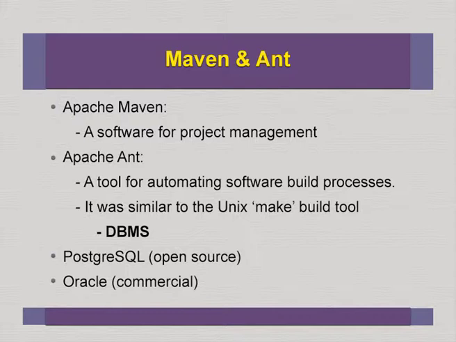Again, half the way through, it was Ant that was sufficient to compile DSpace source files. But now you require Maven also, but normally in Ubuntu operating systems, once you choose Maven, automatically Ant also gets installed. So, what exactly do these two stand for? Apache Maven, again Maven is an Apache Foundation product, a software for project management.